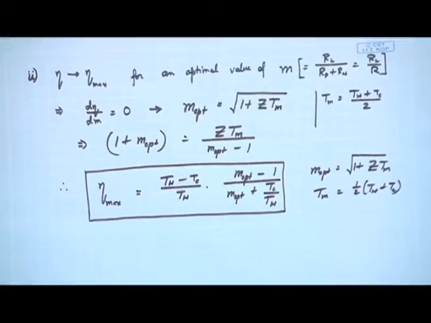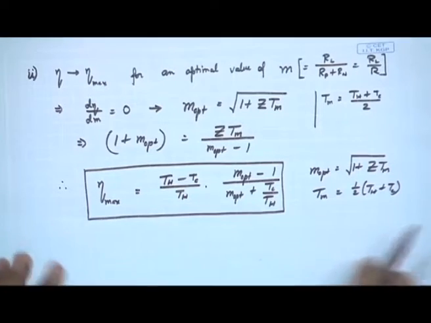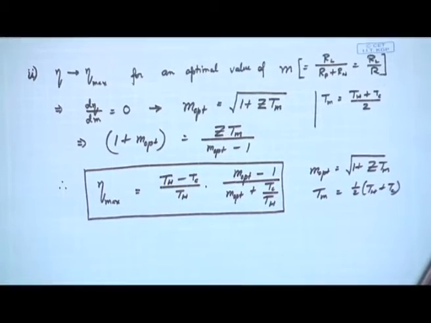Clear? All right. So, this was for maximum efficiency. However, what we also need to do is, see, efficiency is definitely very important, because if I have an amount of thermal energy available to me, how much of it can I extract is definitely important. But also equally important, probably depending on the application again, is what is the maximum work output, which may not correspond to maximum efficiency. That is okay. For a given set of elements and resistances and all that, what is the maximum work that I can get out? So, to do that,